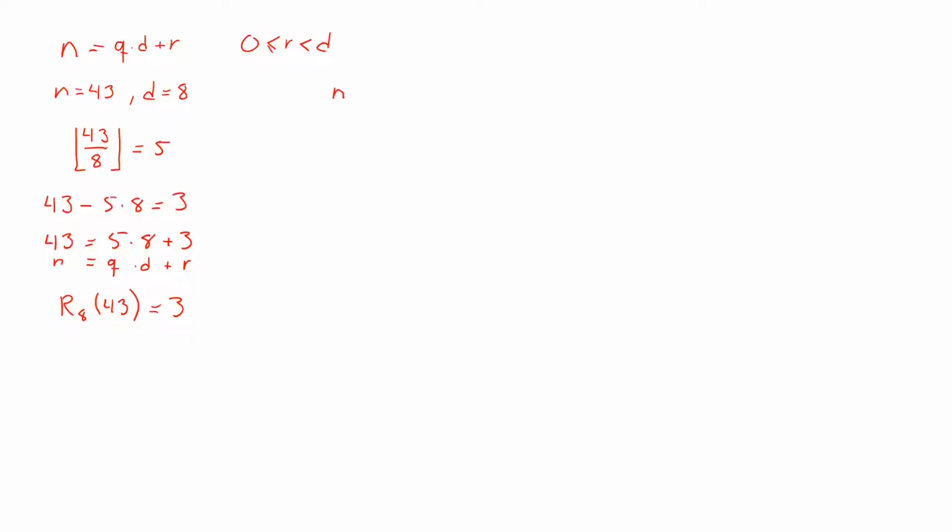In another example where we have n equals negative 43 and d equals again 8, we can do it in a similar way. We write minus 43 divided by 8 and we round this down, and this will give us minus 6. So we can write minus 43 minus minus 6 times 8 equals 5, which will give us minus 43 equals minus 6